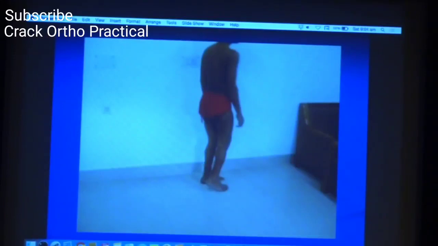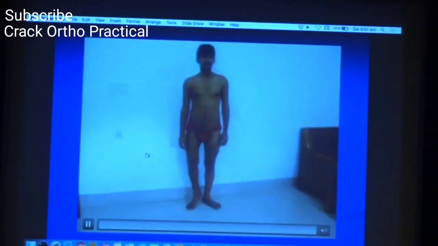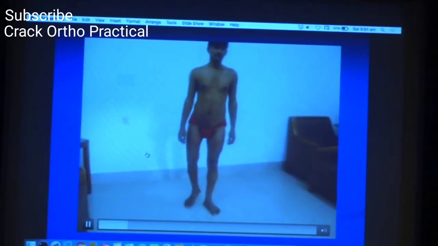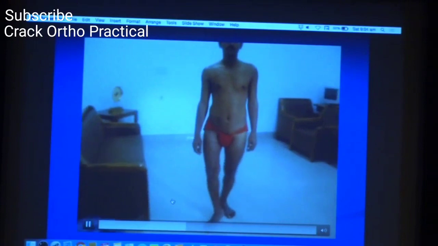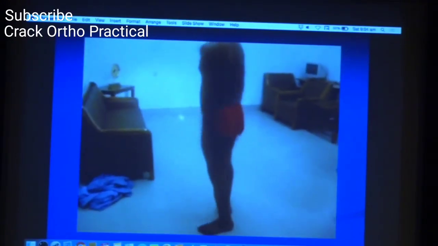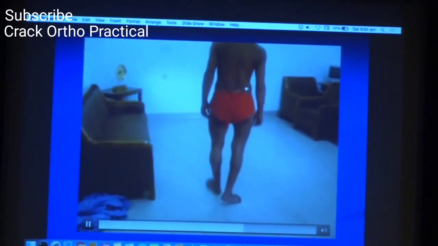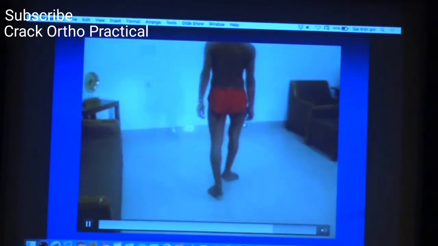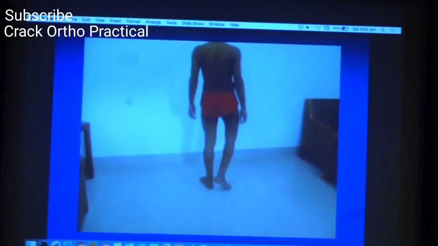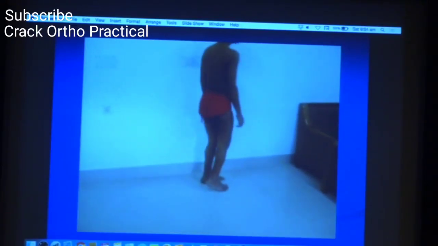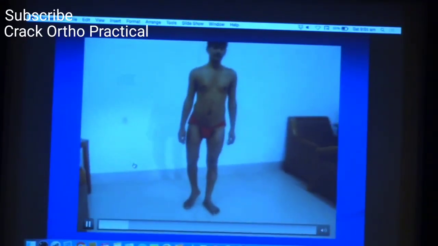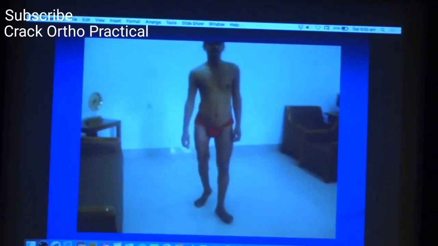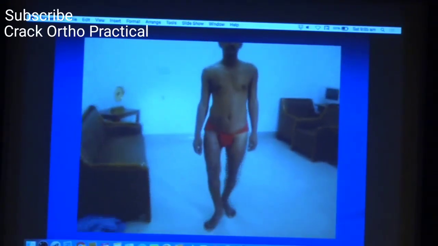So in this particular patient, if you have observed, this patient is walking with an equinus. That means that he is probably compensating for some shortening. And look at the furrow which is appearing here in the trunk, which is reflecting that there is a Trendelenburg component. There is a swaying of the trunk away from the midline on the affected side. So you can have a look at that. I think it's pretty clear now.